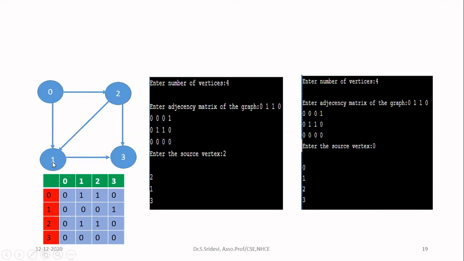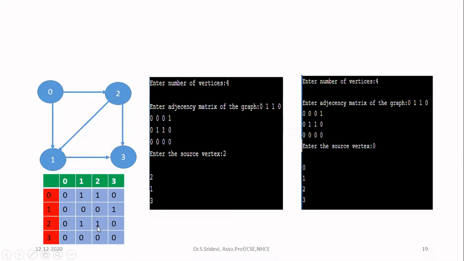After that, check the node 1. Node 1 is having only one outgoing edge, that is to 3. So in the row of 1, in the column of 3, you mark 1. In the remaining columns, you mark 0. Then check the next node 2. 2 is having 2 outgoing edges to 1 and 3. There is a mistake here, guys. In case of the row of 2, I have to mark 1 under the column 1 as well as the column 3.